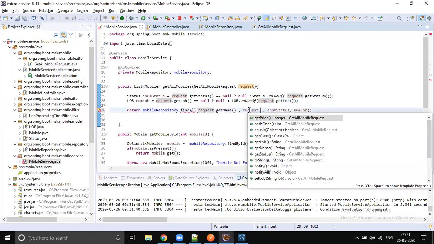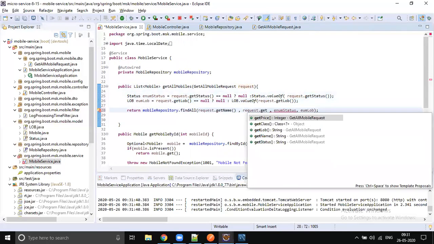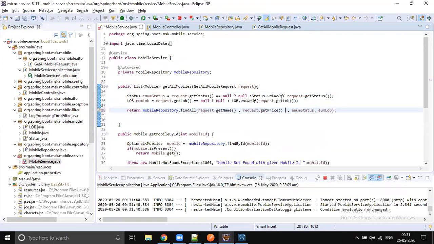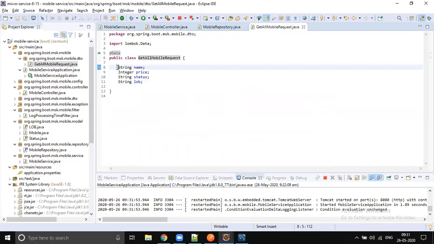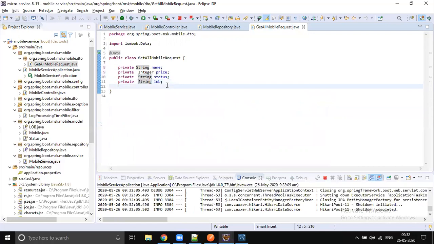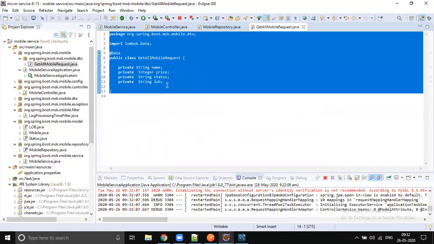So instead of doing so many request mappings, let's put all those things into one POJO. Spring has this kind of support. If the request parameter is coming, this value will be populated. If the request parameter is not coming, then that value will be populated with the default value.